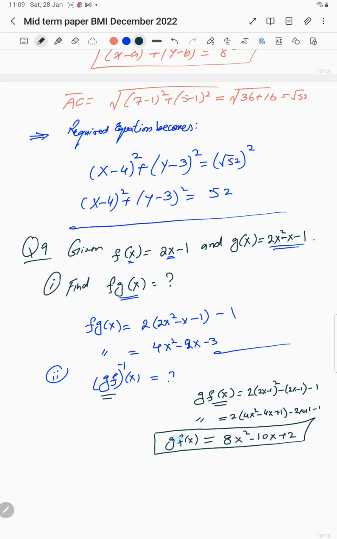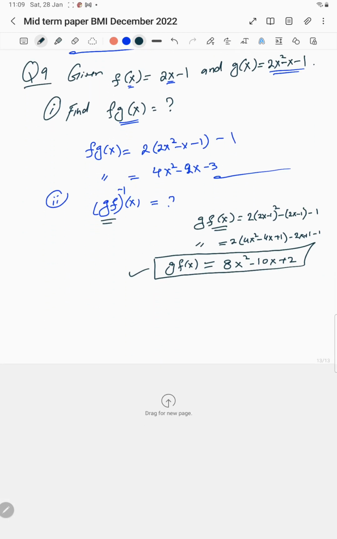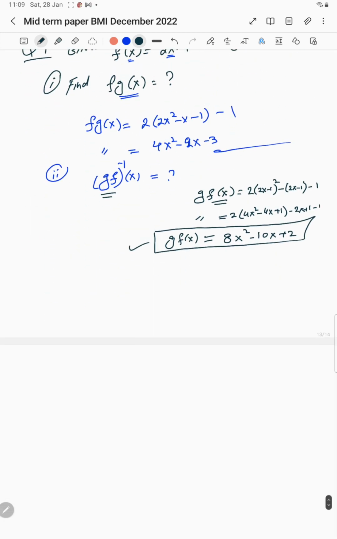Now we have to find the inverse of this function to get the answer. So the same procedure, it's a quadratic, so we need to make x the subject. For a quadratic function, we always complete the square before we get the subject. So let y equal to 8x square minus 10x plus 2. So by completing the square,